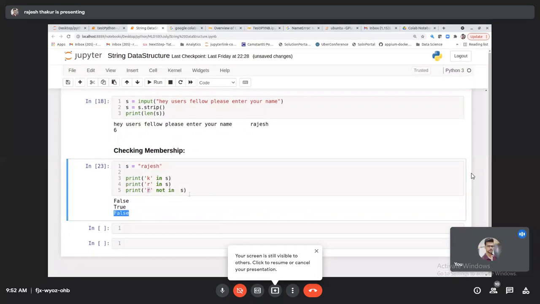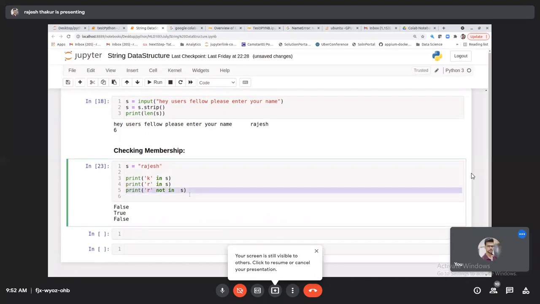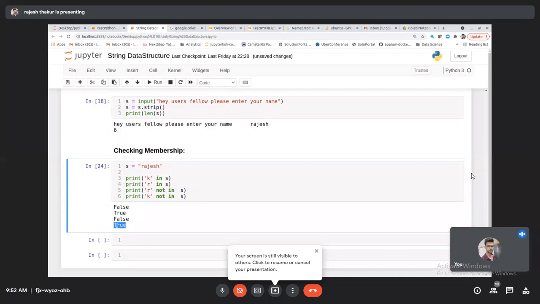But if I check for K, whoever is thinking it's very simple, the questions are coming, don't worry. Simple things become tough. These are the elementary things. With that, complex things will come into the picture. Correct. So this is all about the membership operator, and similarly you can also do comparison of strings. Many times we are doing comparisons.